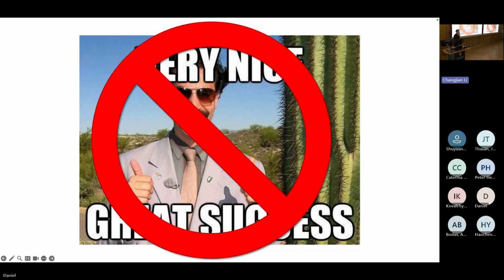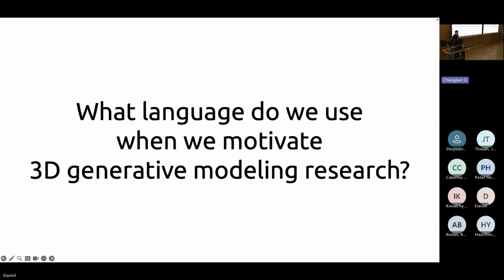Not quite so fast. I think there's something a little bit insidious going on here beneath the surface that bears examination. And I want to get at this by asking the question about what language do we use when we motivate the research we're doing in 3D generative modeling. And I'm going to get at this by looking at excerpts from introductions of some papers that are in this